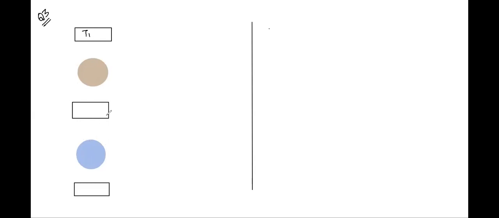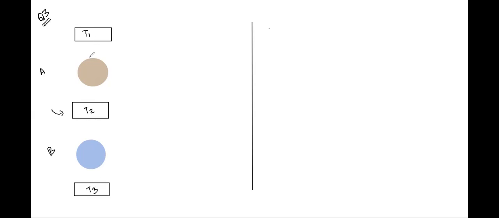Basically this is not the engine, this is the reservoir or a sink. It is the sink for one and the source for the other, right? The middle one is the sink for A and the source for B. We have two engines, A and B. For one engine, what is serving as sink is serving as a source for the other engine. So can we take this as T1 and the other as T2?